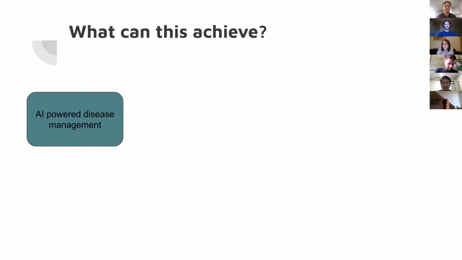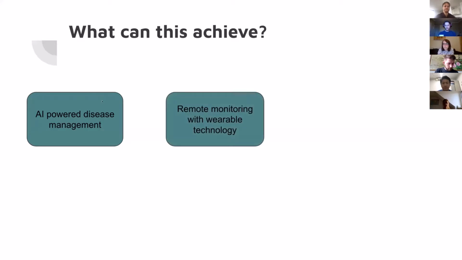We can improve mental health diagnosis by analysing patterns of speech, and also tailor interventions for everything from drug management to cognitive behavioural therapy. Like I was saying, we can do remote monitoring with wearable technology, which allows us to much better look at someone's disease management, how they're getting on, biometric data like their heart rate and their oxygen levels, saturations, things like that, as well as allow us to gather this information to predict future health risk. And that's a big thing that my team are working on in the UK, and I know is happening in lots of other countries, this idea of predictive prevention. So gathering all this real life information and using it to try and predict people's risk of illness and intervene.